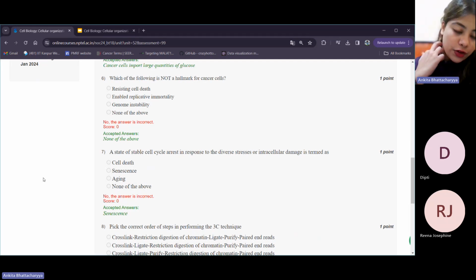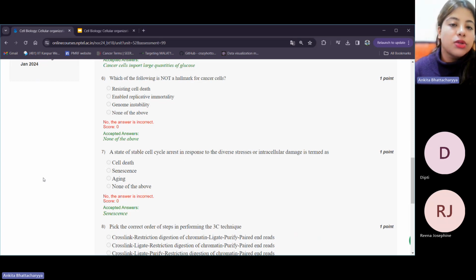So based on the options given here, we'll try to see which of them is not a hallmark for cancer cells. Resisting cell death is certainly a hallmark. That is, the cell will try to survive despite the ideal condition which would push that cell towards death. It will facilitate mechanisms which will not allow such cells to die. Second, there has to be replicative immortality, which means that they should not attain senescence. They should keep on dividing rapidly, abruptly, and in a very abnormal manner, which will lead to mutations and a number of undesirable but cancer appropriate qualities.